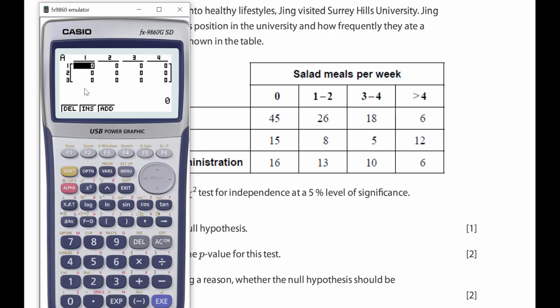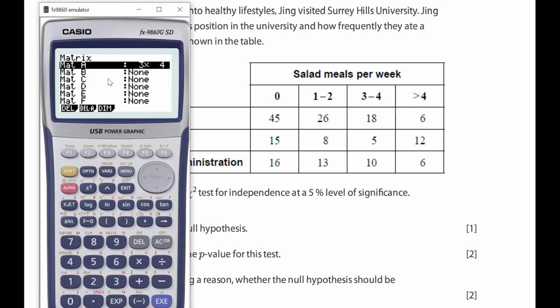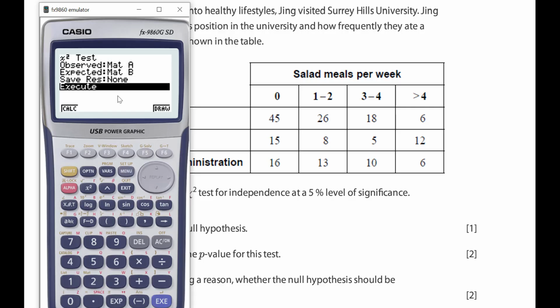I'm then going to input my values, so 45, everything is now in it, exit, so I have my matrix, which is 3 lines by 4 columns, exit again. Observed is in A, the expected is going to be calculated automatically, so I can click now on execute, it's just that easy, calculate, and I can see that the chi statistic is 15 point something